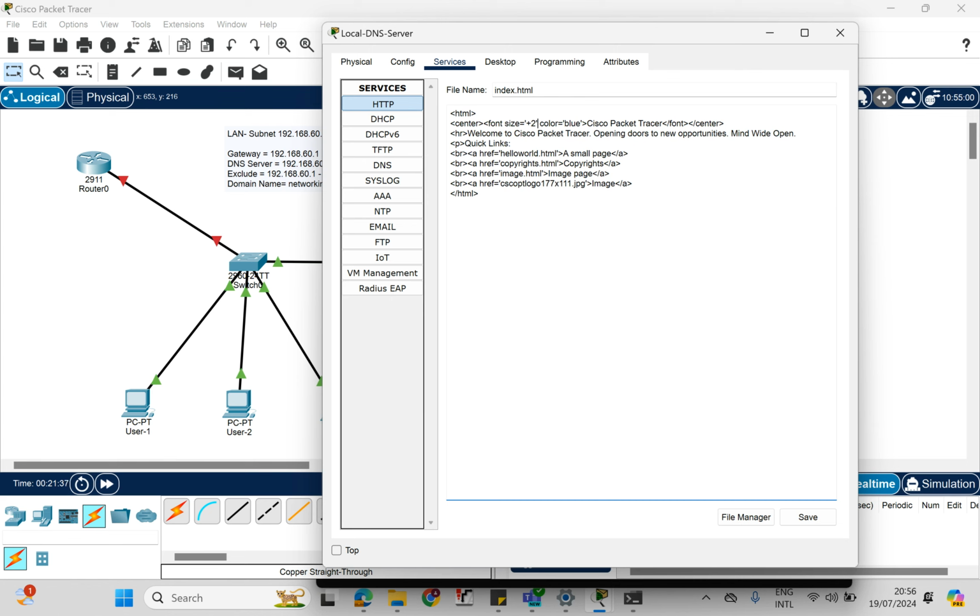So instead of +2, I'll make it +4. And instead of it being Cisco blue, I want it to be green. I'm making some modifications. Now, instead of showing Cisco Packet Tracer, I want it to show Network Kings